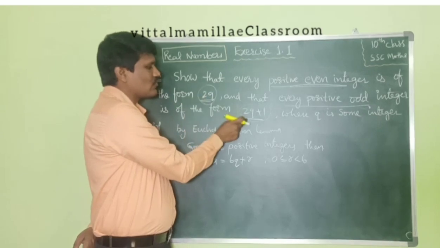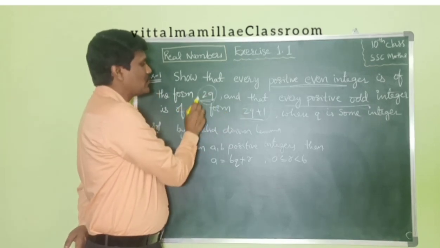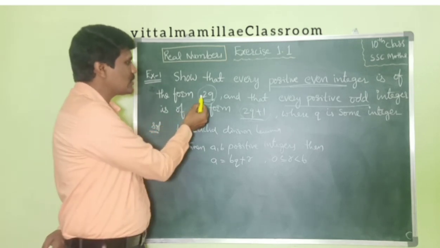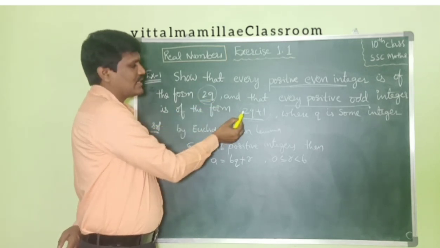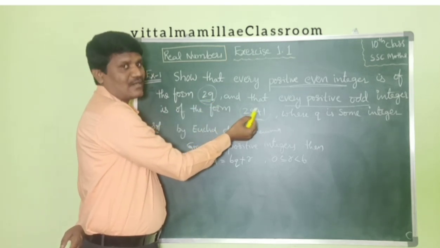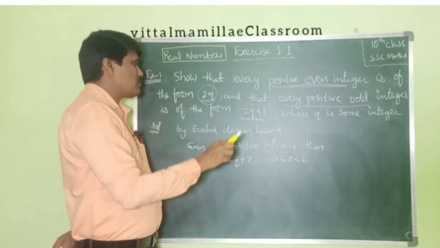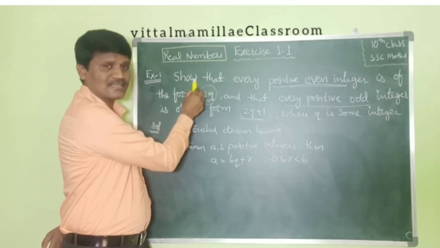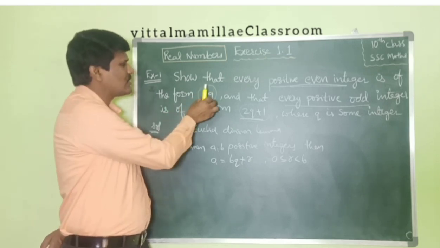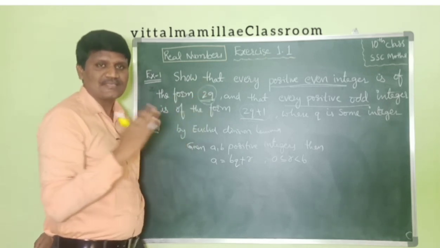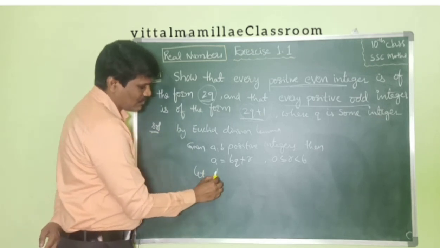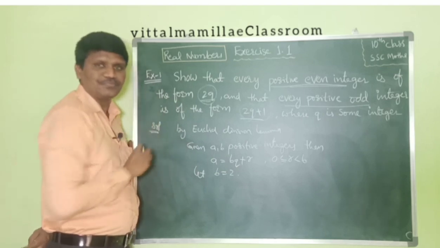Now just observe the question. In the question we have 2q plus 1. So 2q is nothing but bq. Here 2q is nothing but bq, so we should suppose b is equal to 2 here. Whatever is given like this, you should suppose that. Suppose if it is given as 3q, you should take b as 3. So now let b is equal to 2.